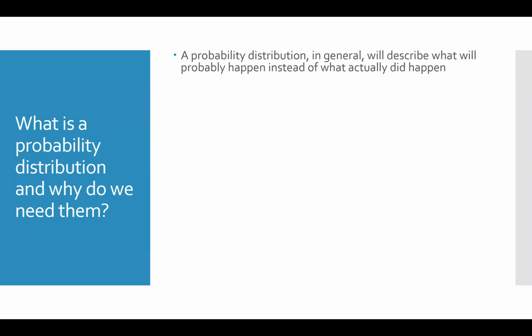did happen. We talked earlier, probably the first night, about frequency distributions, or you talked about frequency distributions in Statistics 1401. And frequency distributions actually are the reality. They describe what actually happened. Whereas a probability distribution oftentimes is a theoretical model. We're basing it on probabilities that have been assigned to a particular event.